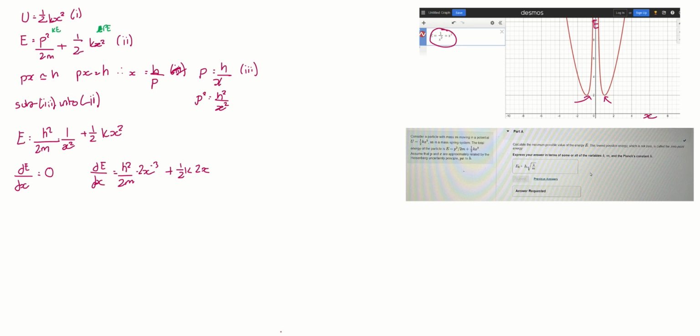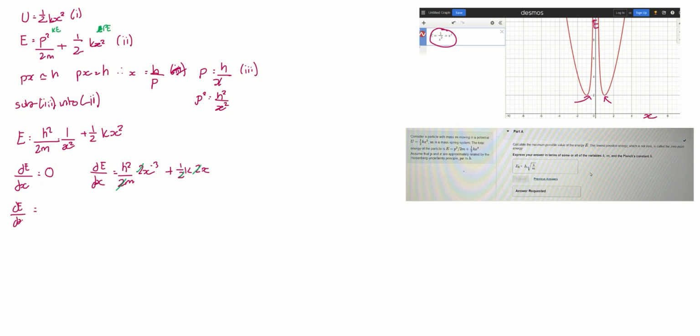One of the things you notice is you can cancel out those 2's there, and those 2's there, and you're left with, hopefully,